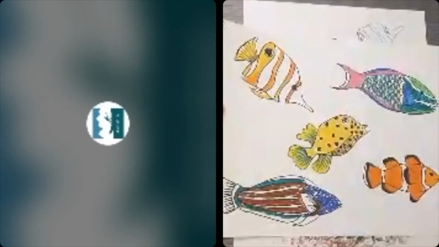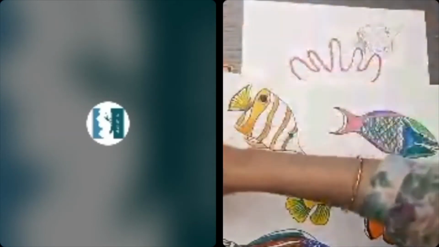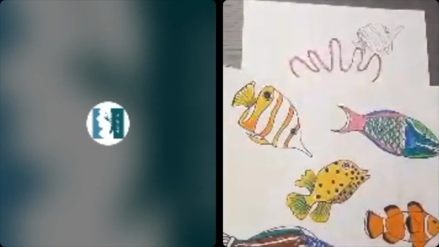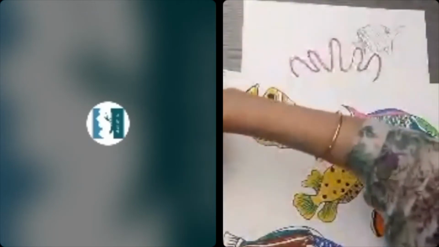Okay, I'm going to move this a little below so that I can color in the butterfly fish that I've drawn here. I think I'll do this with red stripes, reddish orange. I'll be blending them together.